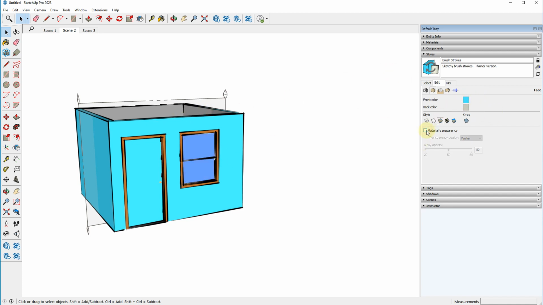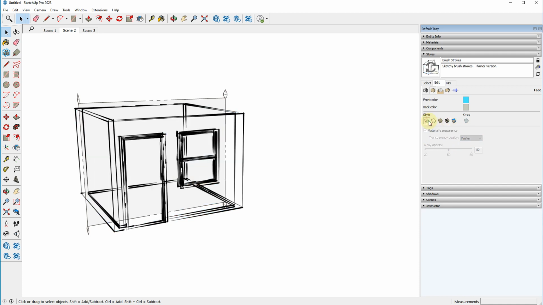You can change the material transparency. That's not really something to hide windows, basically. If you want things to not be opaque, if you're just trying to get exteriors. You can change, oh, we're not going to do X-ray. You can go to